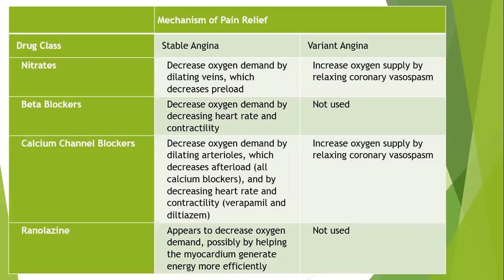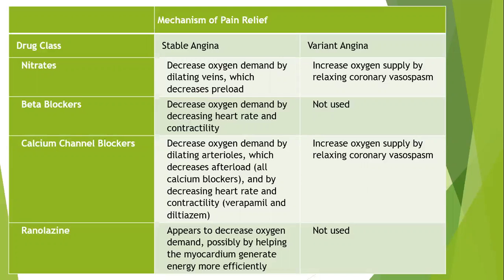Beta blockers decrease oxygen demand by decreasing the heart rate and contractility. Calcium channel blockers decrease oxygen demand by dilating the arterioles, which decreases afterload. So this all makes the heart not have to work so hard. And then that second line drug, ranolazine, which appears to decrease oxygen demand, possibly by helping the myocardium work a